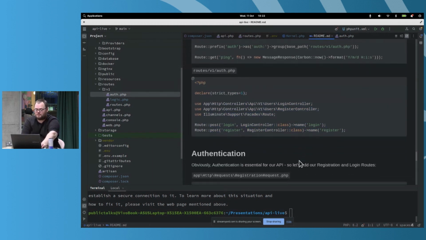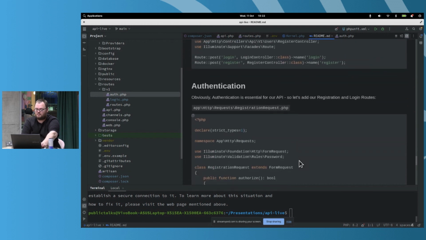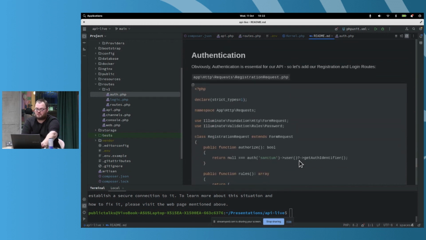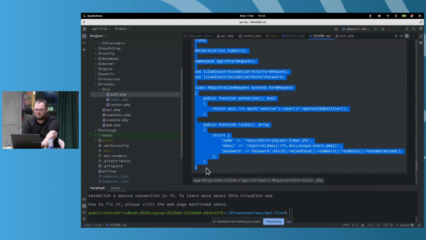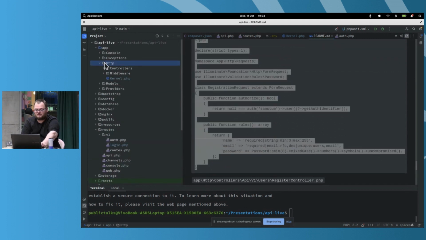Because Laravel helps you, we can actually do some validation on these quite easily. Let's make ourselves a request for this. So we'll grab this and we'll go to HTTP and we will